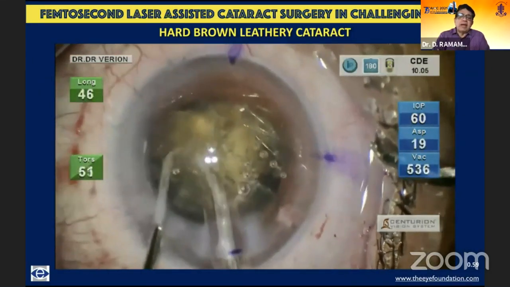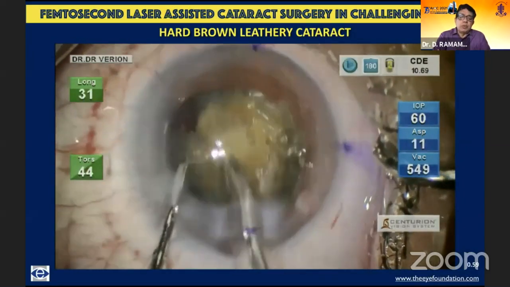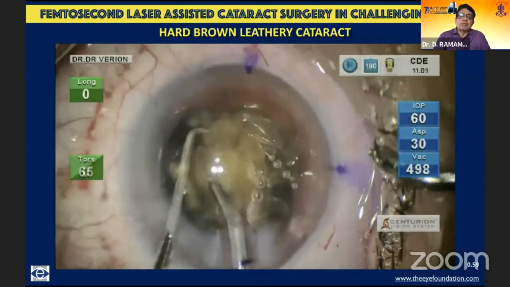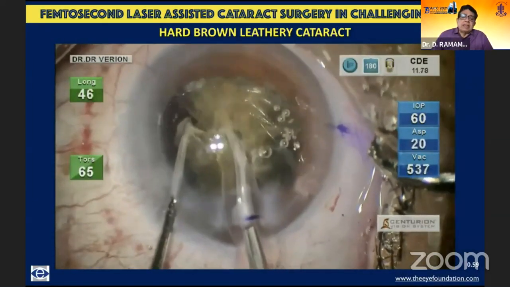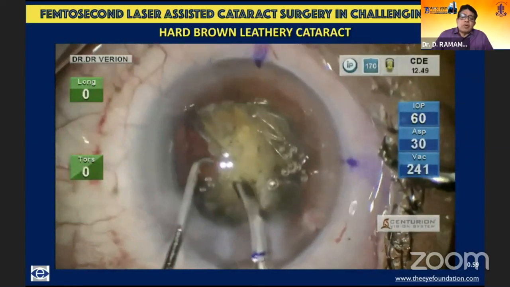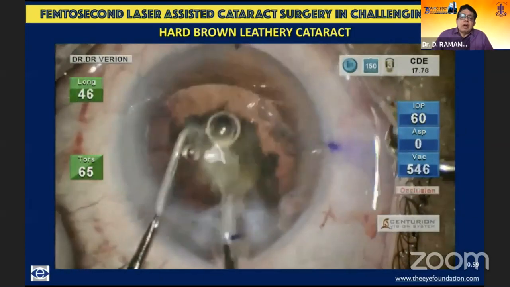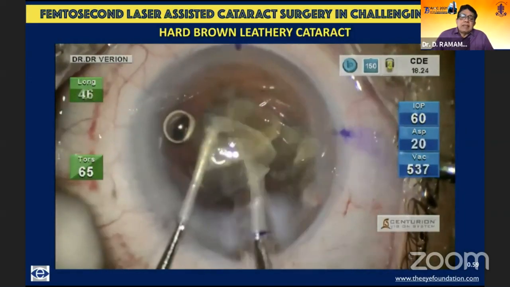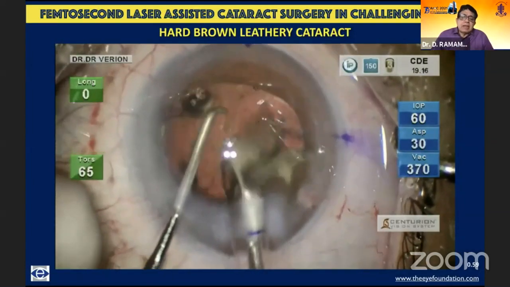What I routinely find in these situations is that the amount of phaco energy that you use drops down by almost 50%. I strongly believe that phaco and lasers are not competitive but complementary technologies. Once the two of them are used as adjuncts to each other, you get optimal outcomes. And here, basically, what you're able to achieve is to diminish the grade of the cataract.